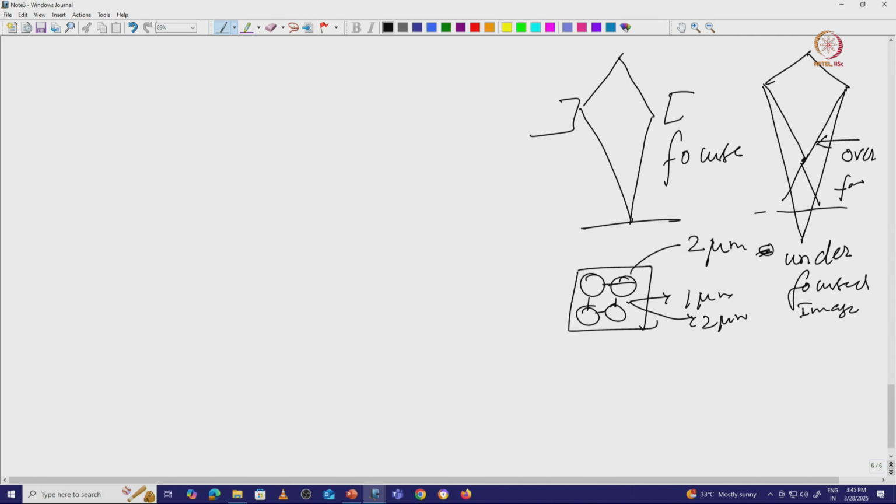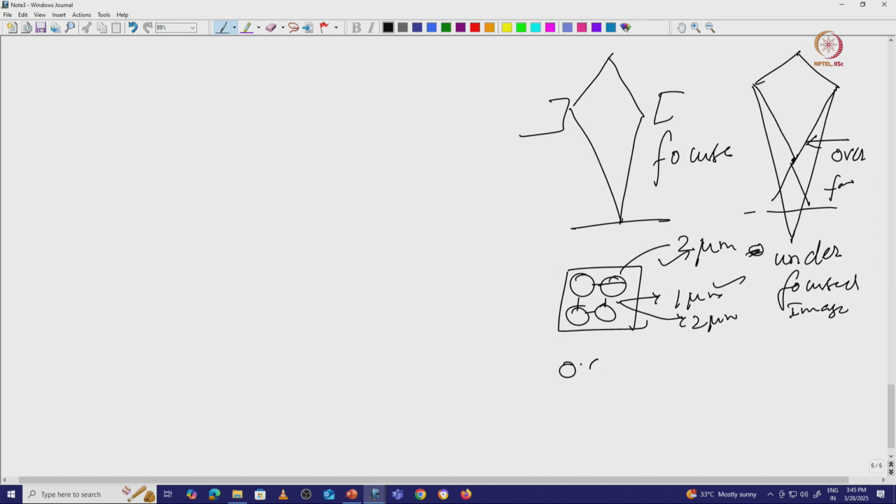So both the distances are very important. Why both the distances, both of these parameters are very important? Why it is so important, that we will discuss at a later stage. But just remember that for this whole diameter, there are 3 different diameters you can get: 0.6 micrometer, 1.2 micrometer and 2 micrometer.